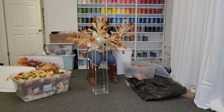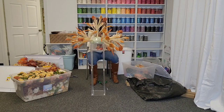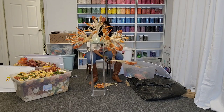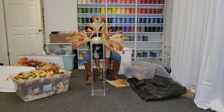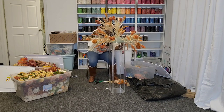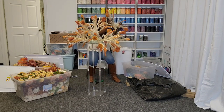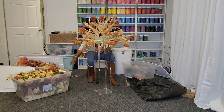So again, trying to make sure they're all cut to the same height, because I do want the flowers to end up looking like a dome over that acrylic stand. Once I have all 5 around, I'm left with 2, which are my filler. Ideally, I would have loved to have maybe 4, but I only have 2, so I'm just gonna fan the 2 out like so, and then just put it towards the middle to fill that left side and another to fill the right side. So the front and back won't have anything, but that's okay,